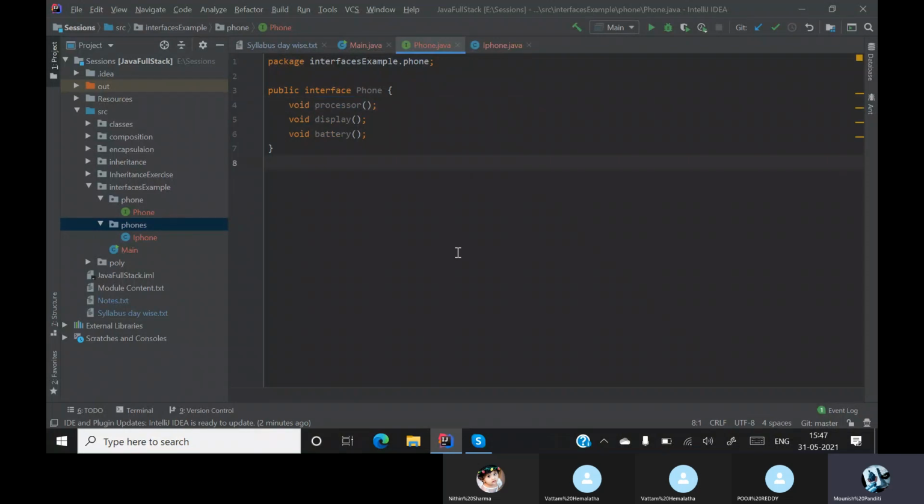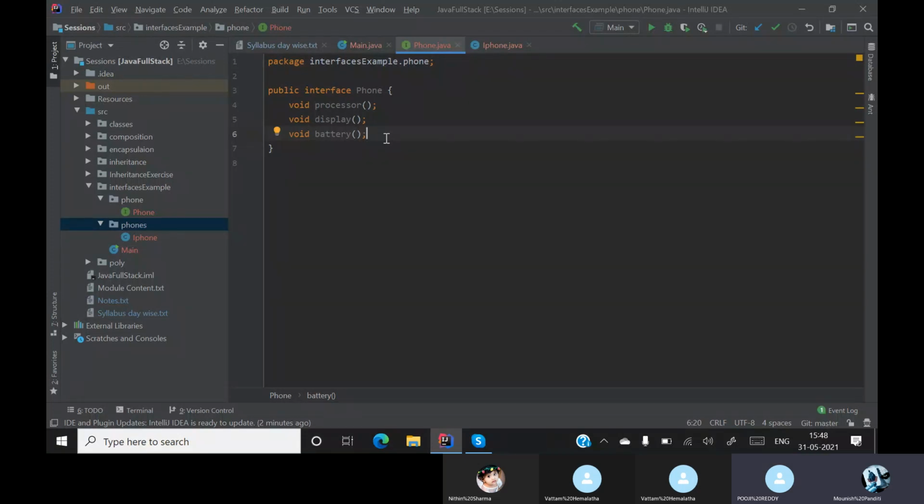Different phones will have different processors. For now, we'll stick with these three examples. Can a phone exist without a display? No. Can a phone run without a battery? No.